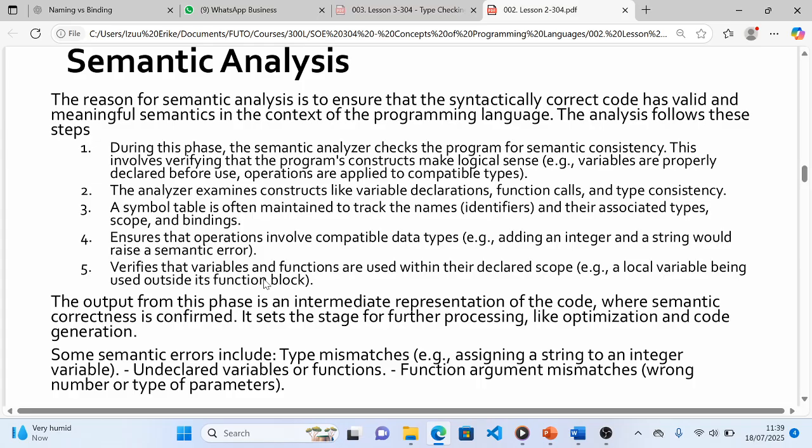That is it. The result from this phase is an intermediate representation of code where semantic correctness is confirmed. So we say, okay, at this point, what you syntactically represented is actually semantically correct. Okay. Now we move into the next stage, which is